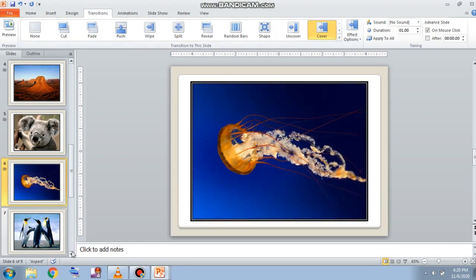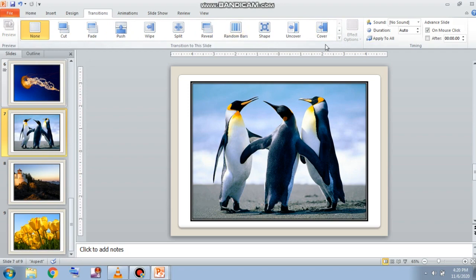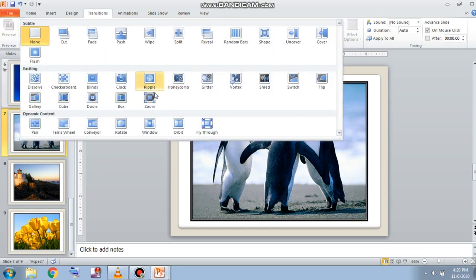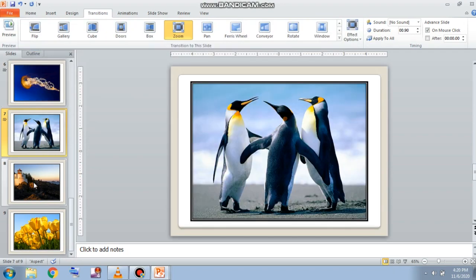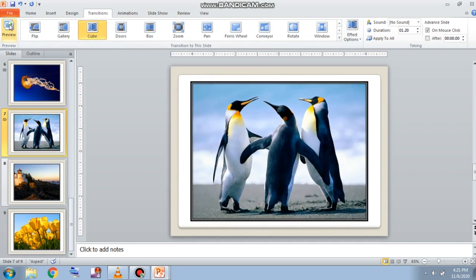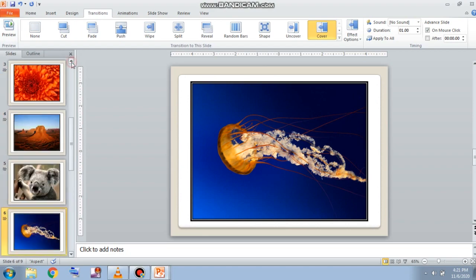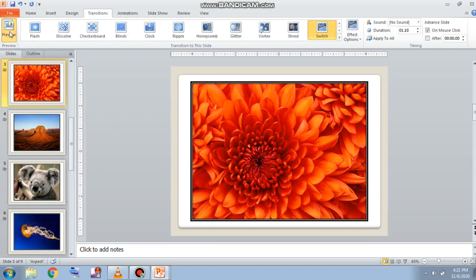So like this we have done for the 7th. Now we will do for the 8th one. There are 9 slides, so that's why it is just taking time. Now like this I have just given some transitions. So now my dear children we will go to preview, and we will see how it is looking. If you want to check any slide, go to preview and see how it is looking, and if you want to do any changes just select it and do the change.